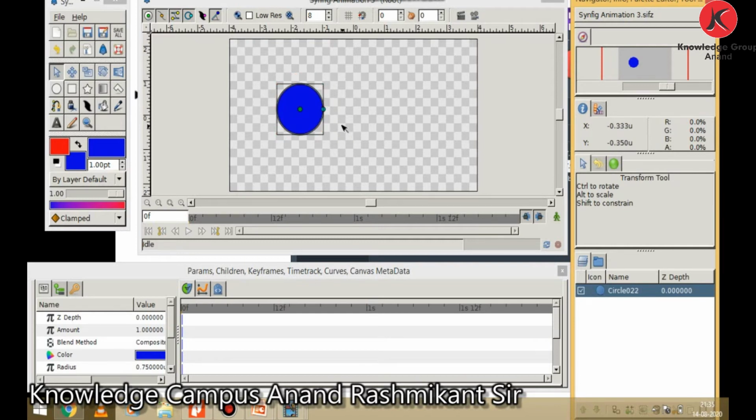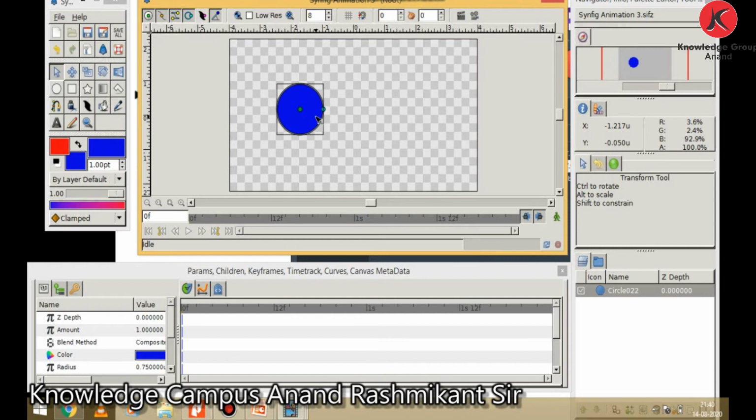Now you can see there are two ducks, a green duck and a blue duck. These are two points called ducks. If you want to edit the circle, say for example increase the radius of the circle or move the circle, click on the duck. In case the ducks are not visible, click on the transform tool to see the ducks.